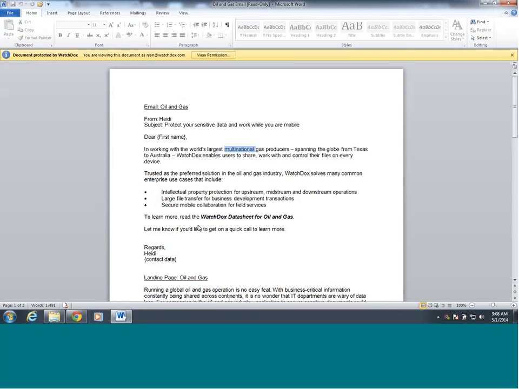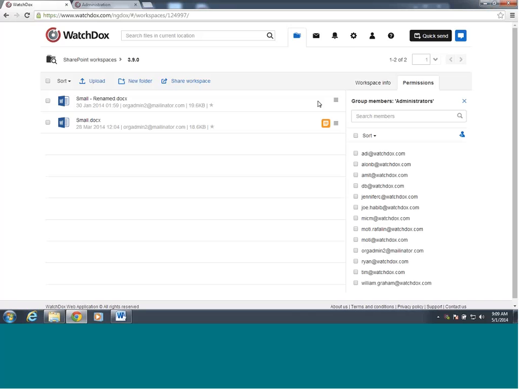That's because a file protected using WatchDox is behind the scenes basically presenting itself to Microsoft Word as if it were protected with Microsoft's own document-centric security technology, which is known as Microsoft RMS, or Microsoft Rights Management. And because we're mapping those APIs, it's all native functionality within Word and Excel and PowerPoint, and we did the same thing with Adobe and image files and everything else that we can persistently protect according to those templates you